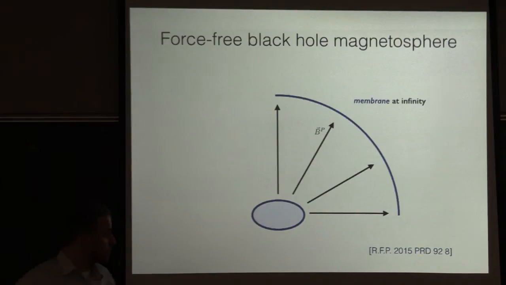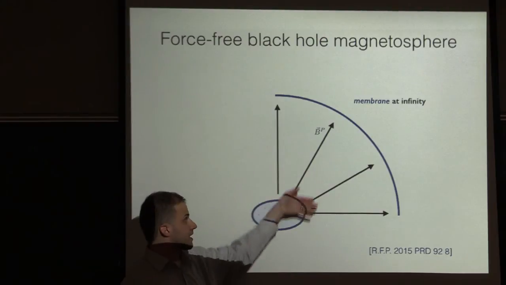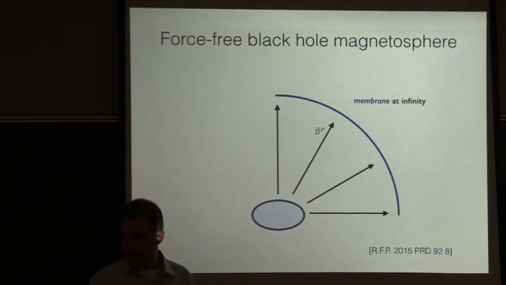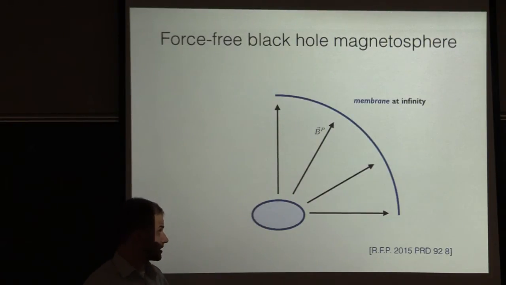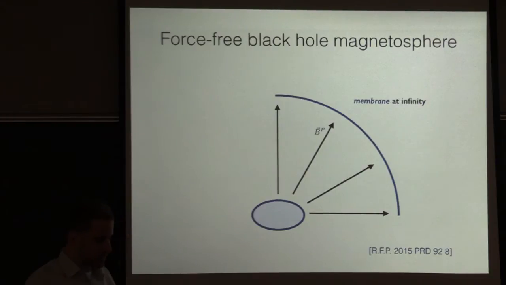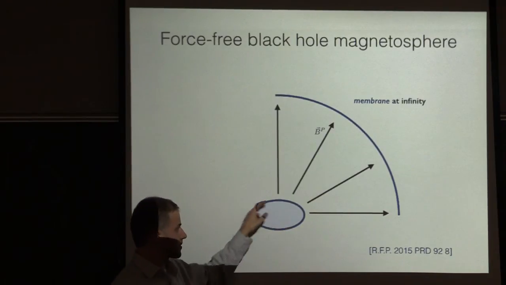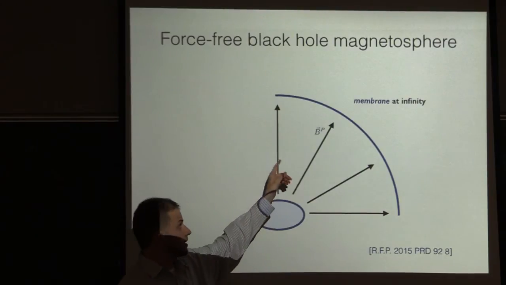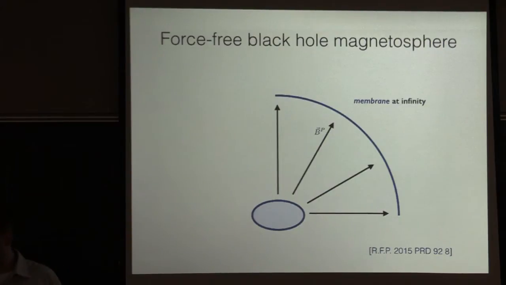Okay, so here's my problem. I have a black hole and it's embedded in some magnetic field, so I've drawn the poloidal magnetic field that it's sitting in. I've drawn a very simple thing with just radial magnetic field lines, but that's not essential. These field lines could have any shape that you want, essentially. And then because I'm going to do this in this membrane paradigm setup, I've drawn a heavy blue membrane at the horizon, and then I'm also going to use this new ingredient that I introduced and talked about, this membrane at infinity. Okay, so there's the magnetic field.